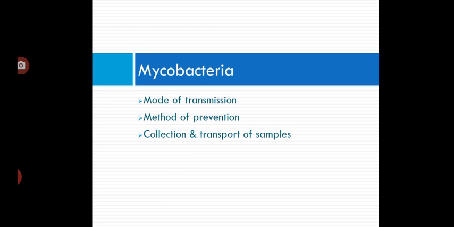Coming to the mode of transmission, in case of tuberculosis, it is transmitted by direct inhalation of air containing the bacilli released during coughing, sneezing, or speaking. In case of leprosy, the infection spreads from person to person by nasal secretion or respiratory droplets that remain suspended